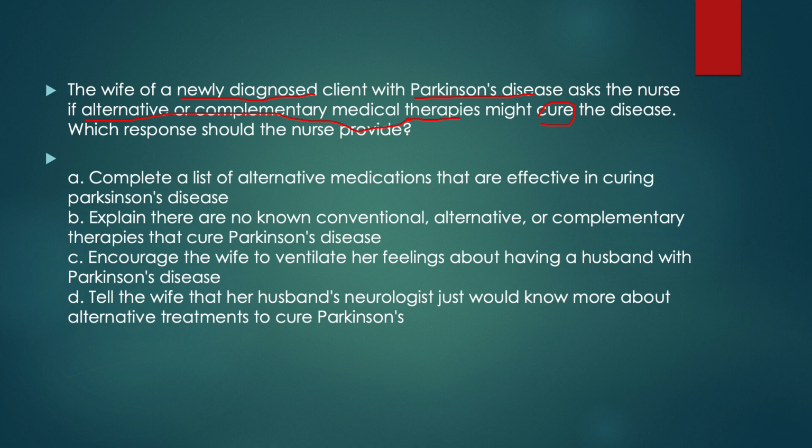Complete a list of alternative medications that are effective in curing Parkinson's disease. Why, Lord? Why? No. Again, there is no cure for Parkinson's. It's progressive. It's neurodegenerative. It's miserable. It's sad to watch somebody go through it. They basically turn from super excitable with a stone face. And just the act of eating